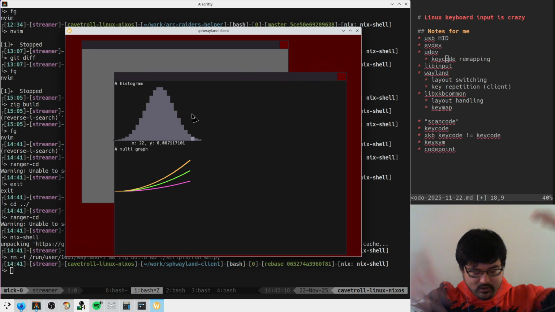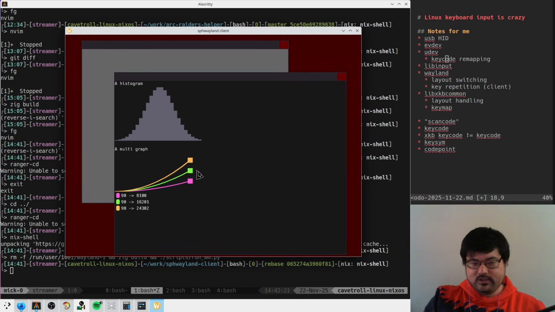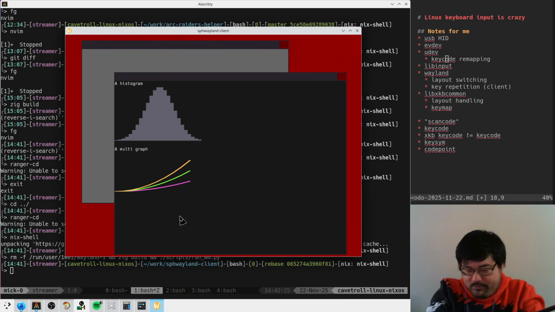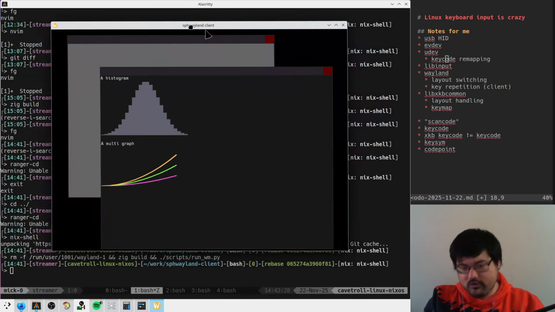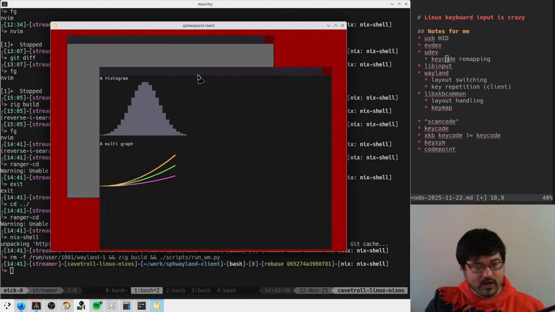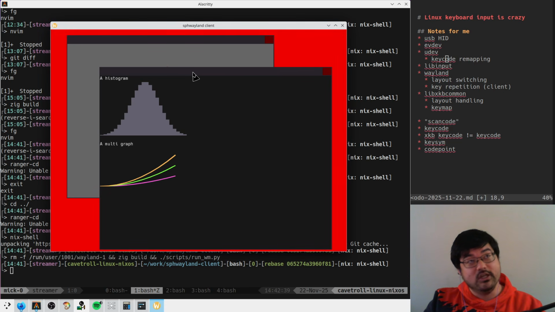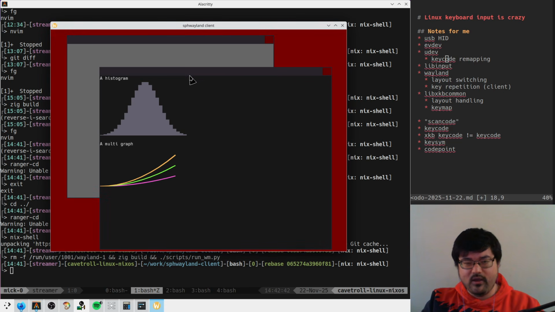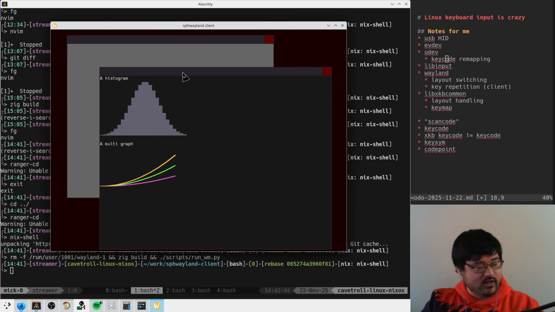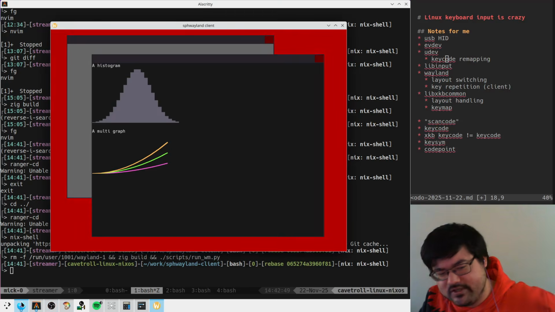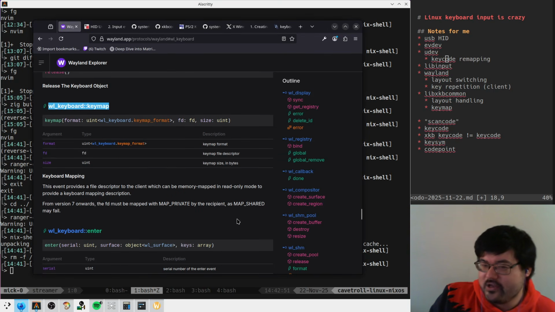So how in this thing do I tell a window that I press the A key? Or, how do I type into an input box? What does my window manager have to do in order for an application to get that information? It turns out that this is quite complicated. I don't know if it's actually that complicated in terms of implementation, but just trying to understand what the system is doing is kind of crazy. So where we start on this adventure is I open up the Wayland specification, and